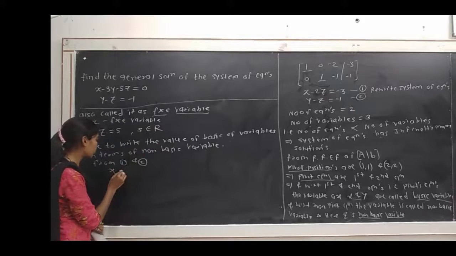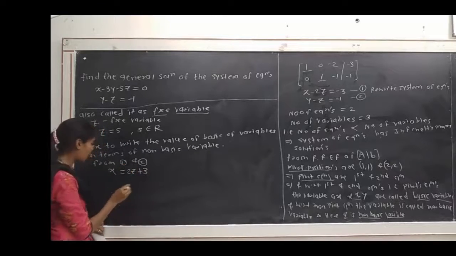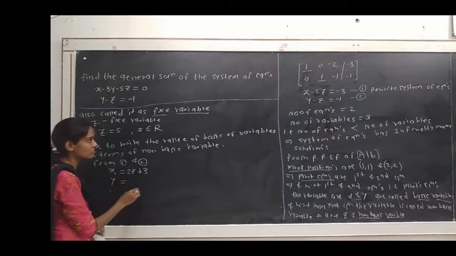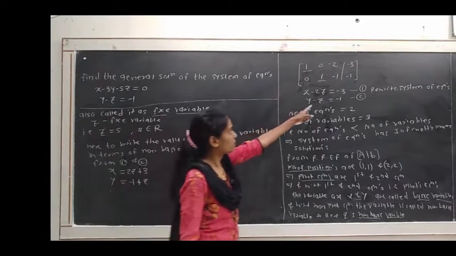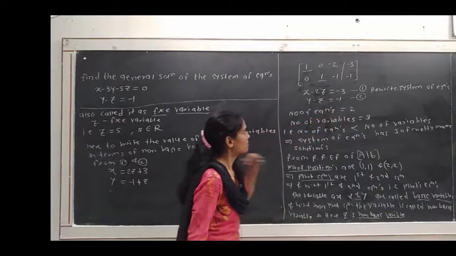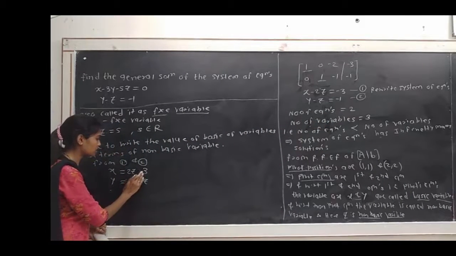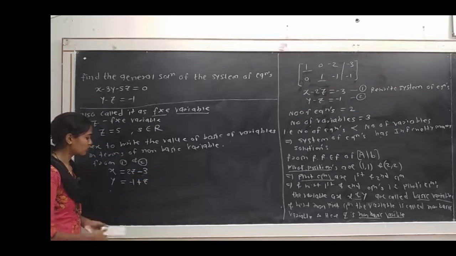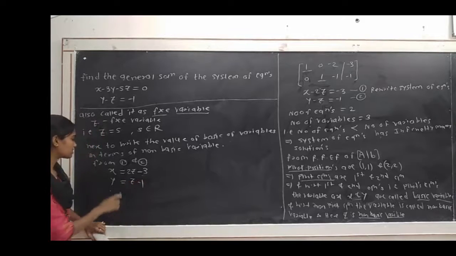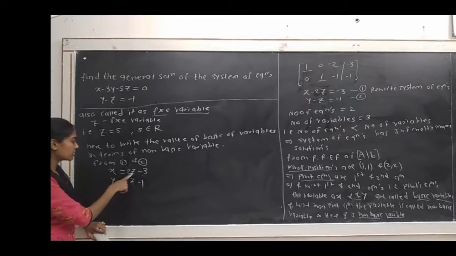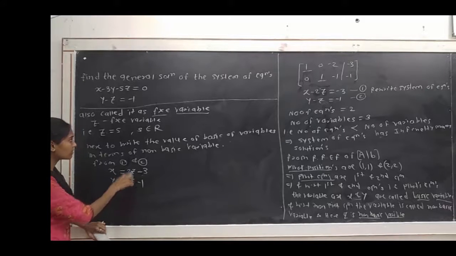That is, from 1 we get x is equal to 2z plus 3, and from equation number 2 we get y is equal to minus 1 plus z. By shifting the minus to z here, and the minus in equation number 2, minus z will be here. So here it will not be plus 3, it will be minus 3. Also we write this minus 1 plus z as z minus 1. That is, we write the basic variables in terms of the non-basic variable. And here z will be free.